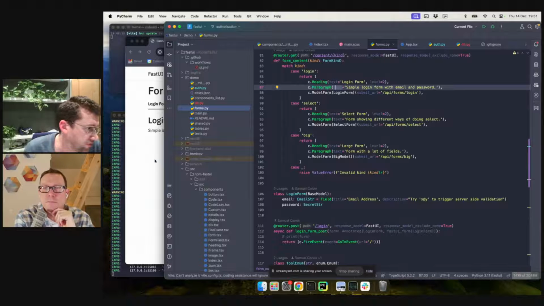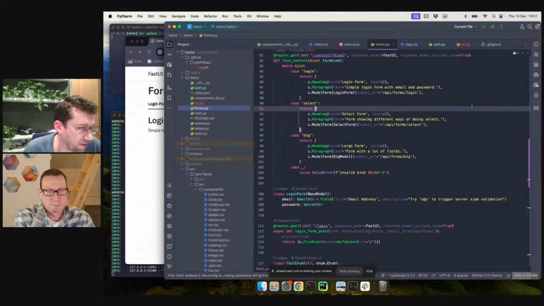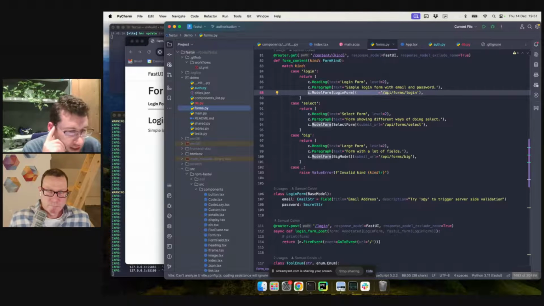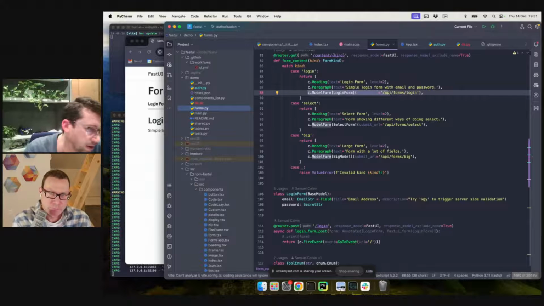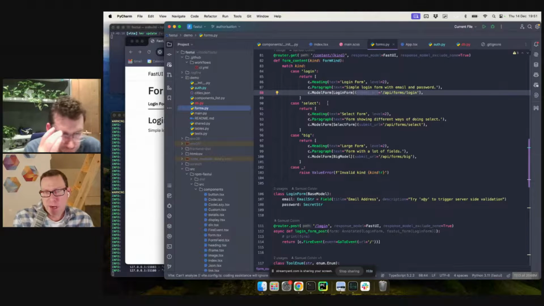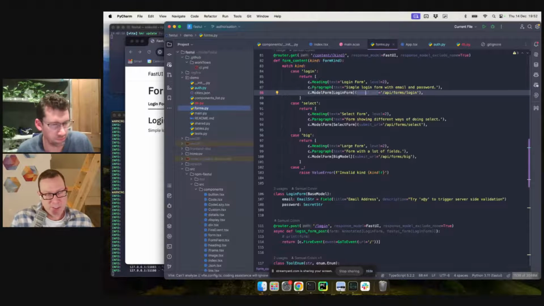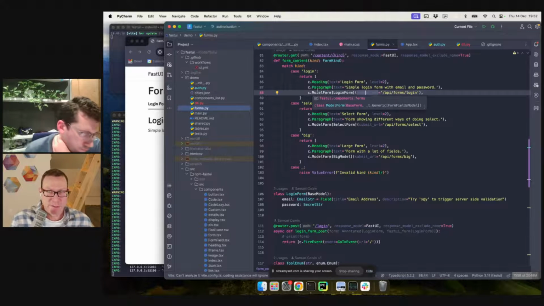Heading, which is just telling the person what we're looking at here in the demo, and then this third thing is the interesting bit where the model form is generic around the Pydantic model, and it takes one other argument, which is the submit URL, and that's enough information. So what you're returning as part of that hierarchy in Python is a model form, and you give it a Pydantic model, and it looks at the Pydantic class and says, we're going to create an email address and a password field and so on, right?